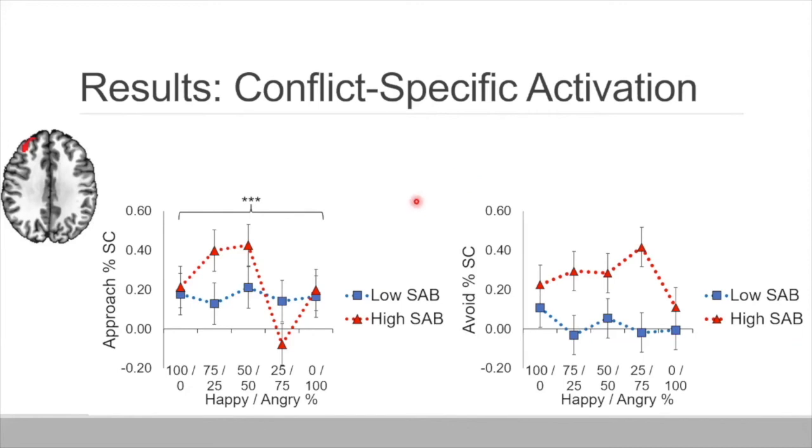So again, to summarize these complicated figures, you have, depending on your interpretation, a sigmoidal shape for approach, where between group differences are maximal in this conflict area before dropping off for the more threat side of the equation. And as a reminder, this social reward conflict region is also where we were seeing some of our self-report findings. So even though it's not a clean mirror image between brain and behavior, if you squint at it, there is some mirroring between the neural activation and the self-report ratings.